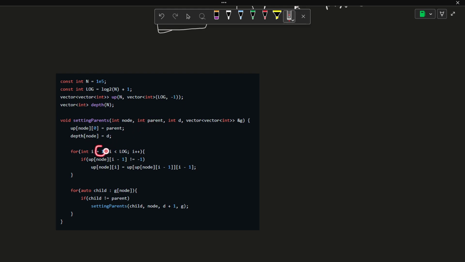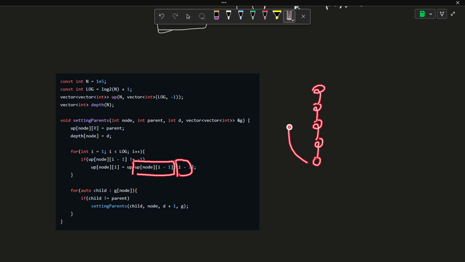Now I am going through all the different powers. If up of node of I minus 1, remember I talked about computing I, so before that I need I minus 1, right? So if up of node of I minus 1 is not minus 1 yet, then I am going to set up of node of I as up of this value, which is up of node of I minus 1, and then again take its I minus 1. So basically if I am here,